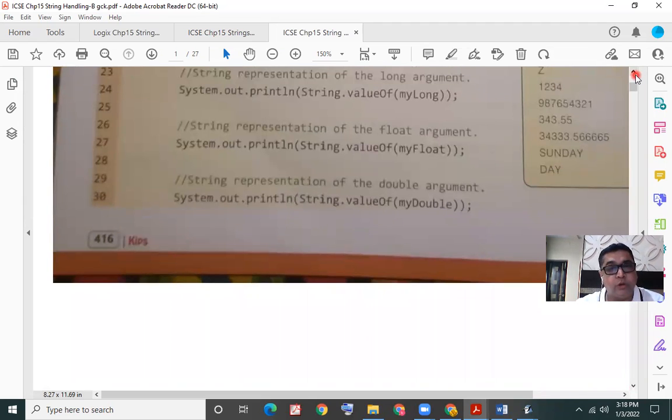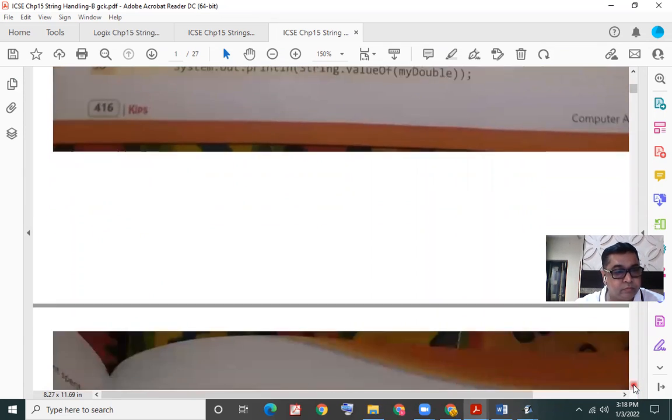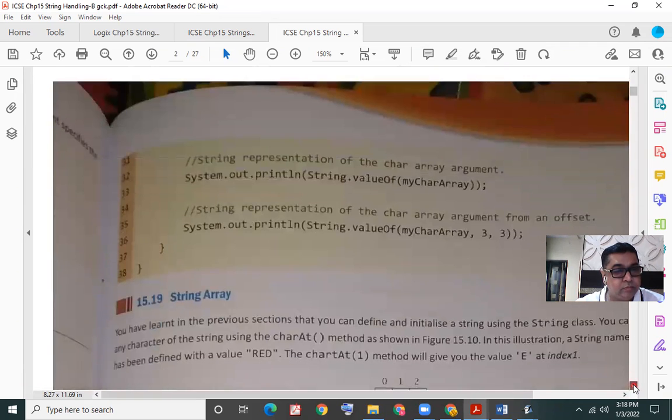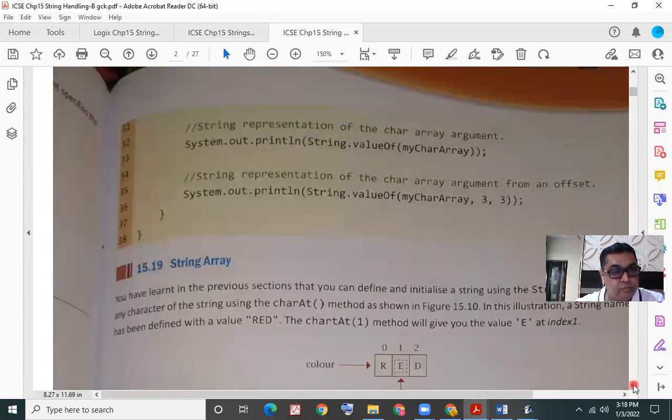Tell me if you have any queries. The author has continued this example where the array is converted into string, which I'm not discussing because I have yet to teach you the concept of arrays.